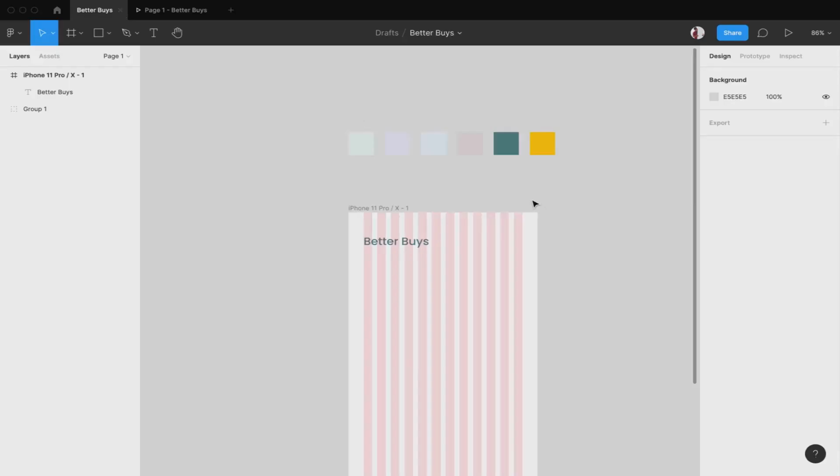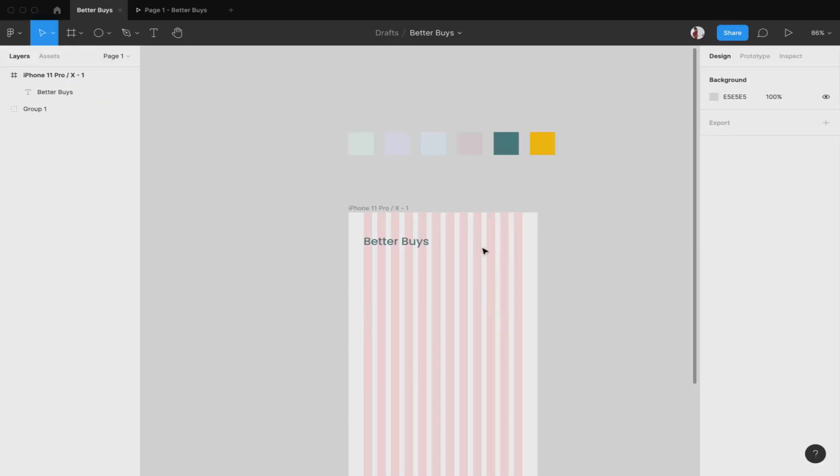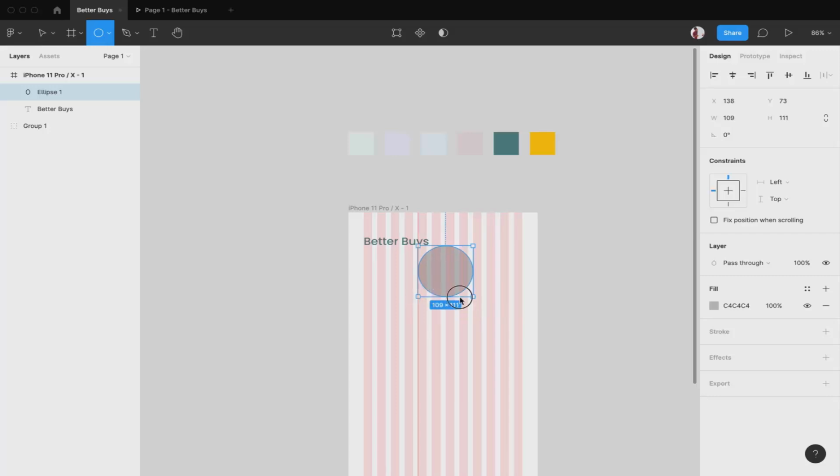Okay, cool. Now after that I'll add a circle, as in for profile. So to add a circle or any object you can simply click, then it will create. Another option is you drag and make a circle of your choice.